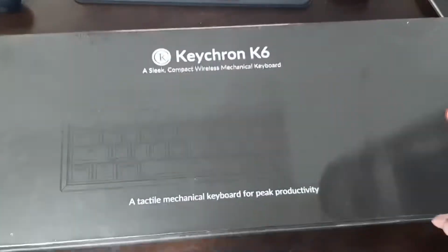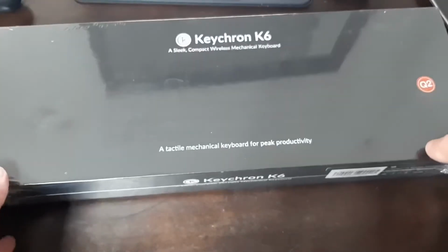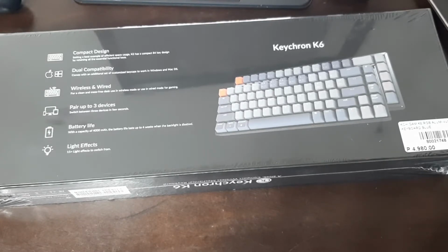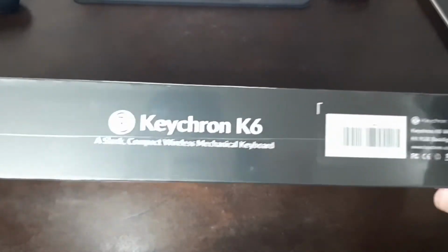Alright, so before we do the unboxing, on the box you would see the visuals. It's embossed here on the plastic, so you see the image of that. At the back, it gives you some of the specifications about the compact design and dual compatibility. So this can also work on Apple devices or iOS, for Mac and Windows. It's also wireless and wired. It can pair up to 3 devices. Battery life is 4,000 milliamperes. Based on the reviews that I checked, normally it's like 8 to 9 days. And also this is RGB, and this is actually how it looks. At the bottom, you would see some branding,